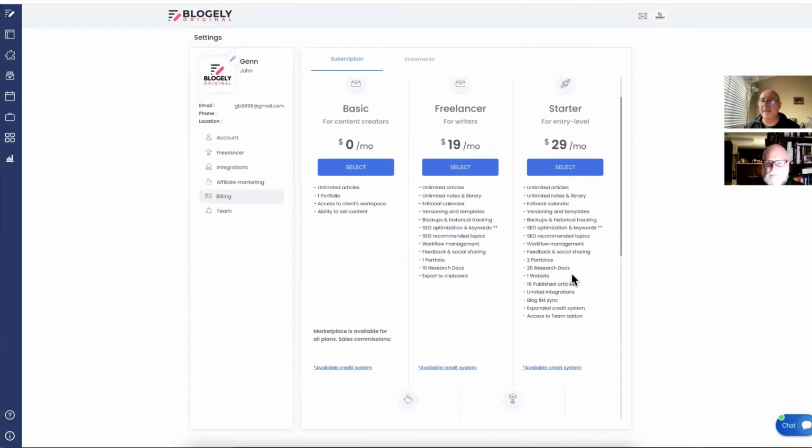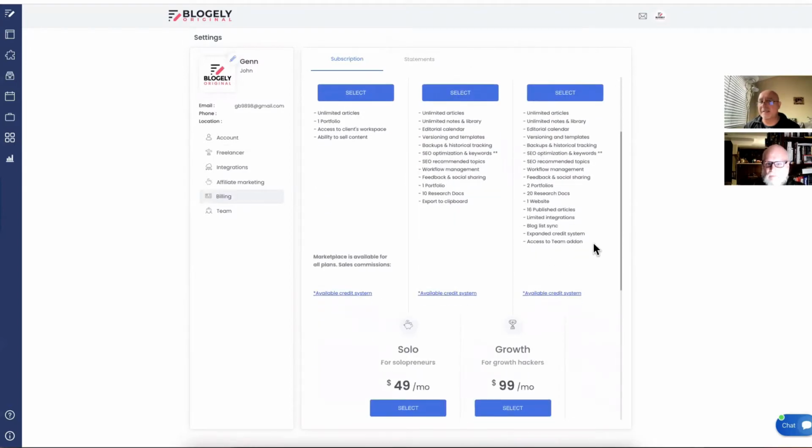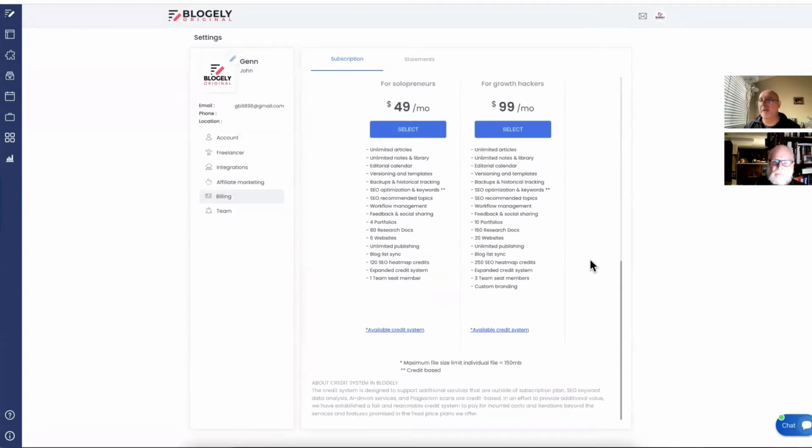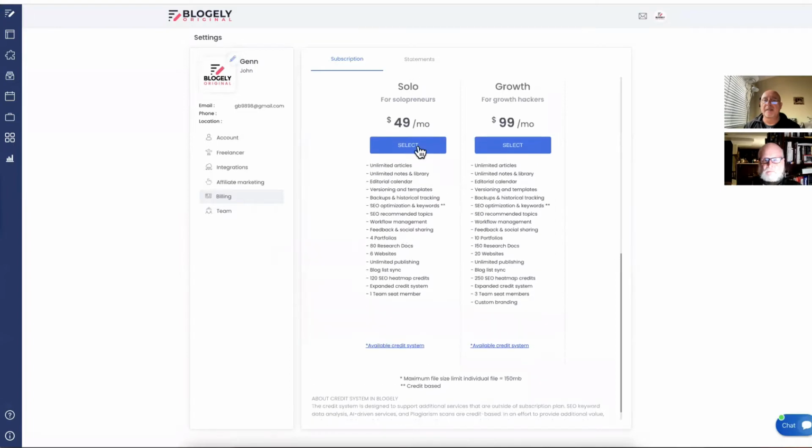The starter plan will actually have access to teams, but it's not included. You need to buy a separate seat. That's pretty common. The solo plan and the growth plan do have some seats included. So the solo plan includes one team seat member. The growth plan includes 3 team seat members.